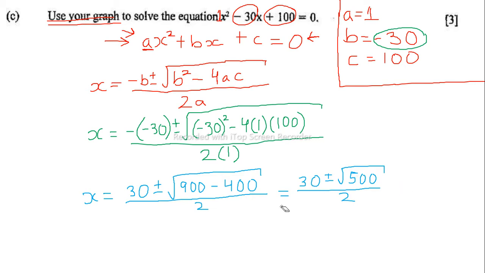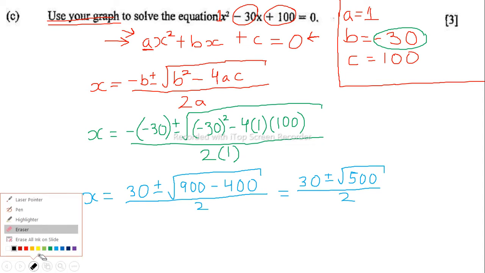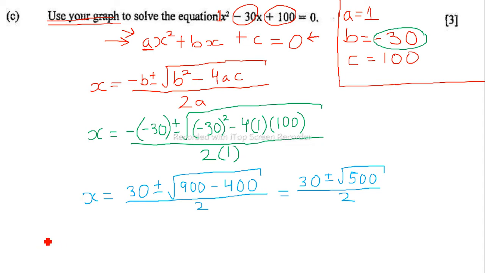So x is going to be equal to, Mr. Badi, so you're supposed to get a straight number? You don't have to. In this case, this is a decimal, so it doesn't make sense. We just leave it as is, especially since it's a continuous decimal, like 22.360679. So I'm not going to bother with that. I'm just going to leave it. So x is going to be equal to two things. Remember, x is two things. So x equals 30